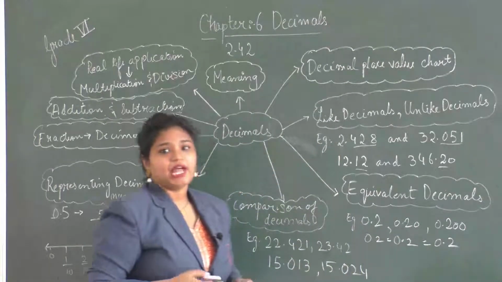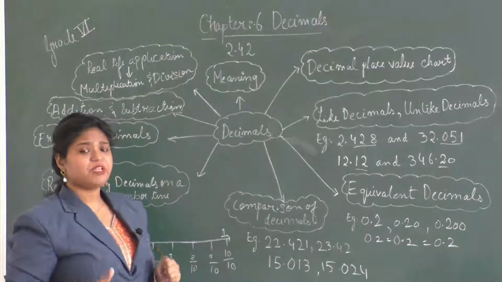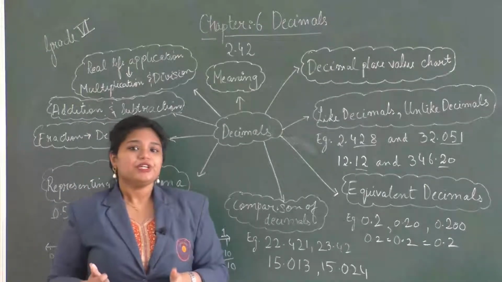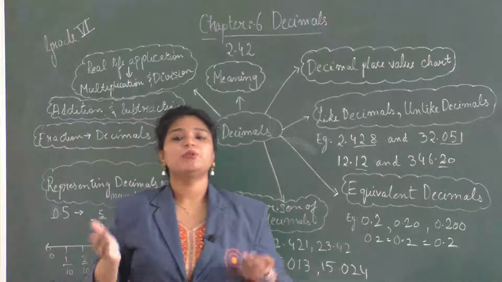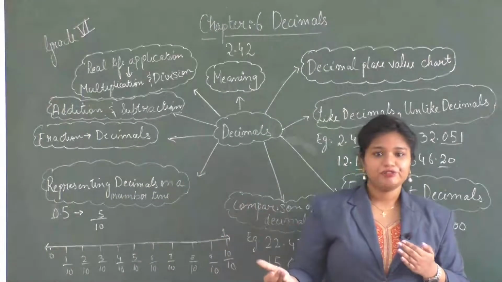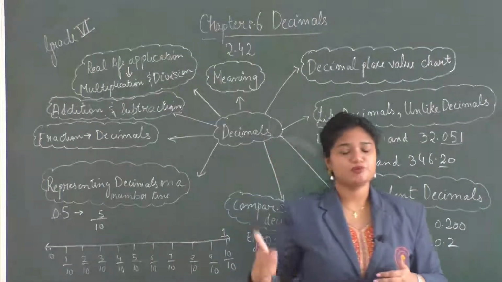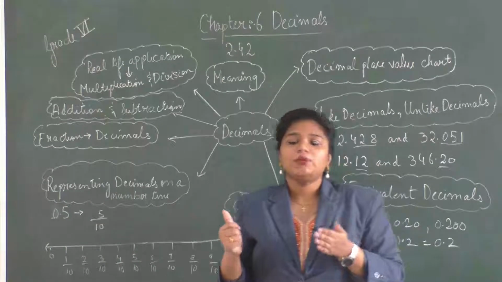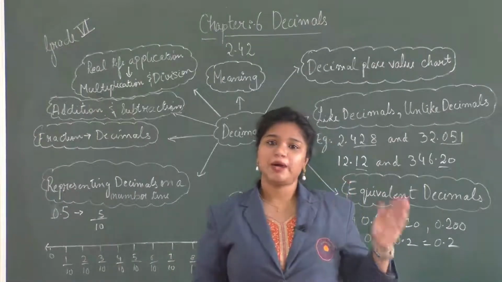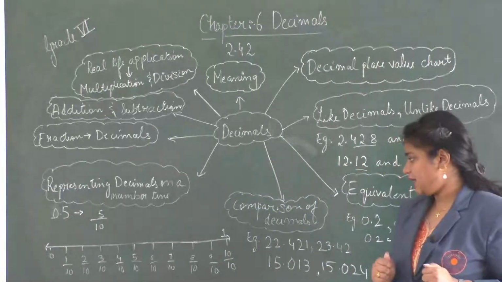The next topic that we learned was comparison of decimal numbers. Now when you are comparing decimal numbers, there are 2 steps. In the first step, you just look at the whole number part of the decimal numbers. Now if the whole number parts are different, you can directly give your answer which number is greater and which number is smaller. But if the whole number part is the same for the given numbers, we further go to the comparison of the decimal part.